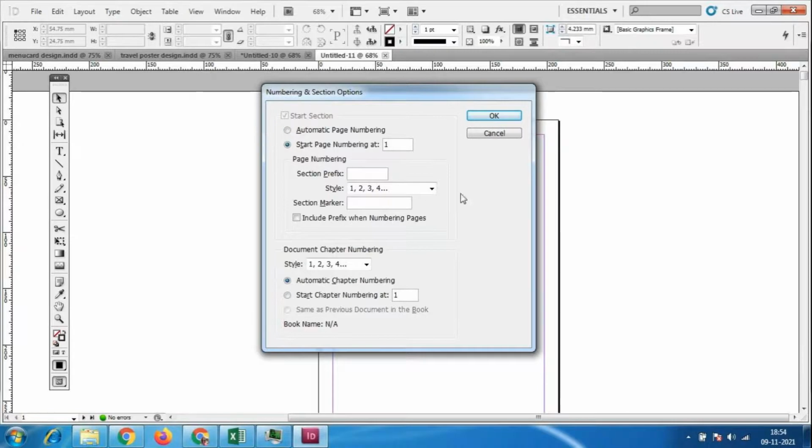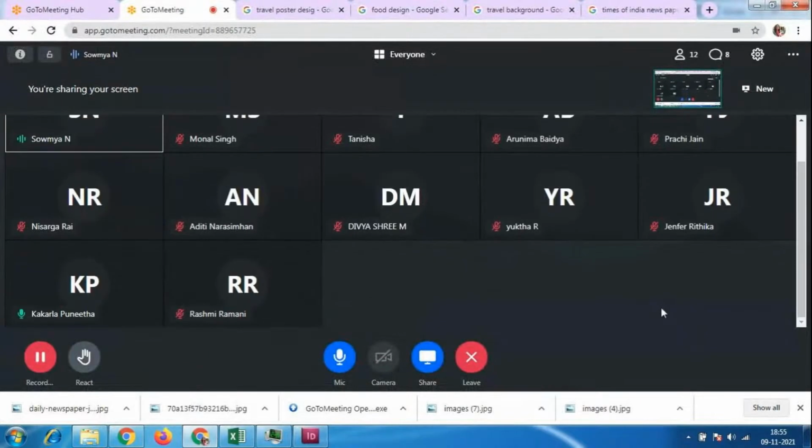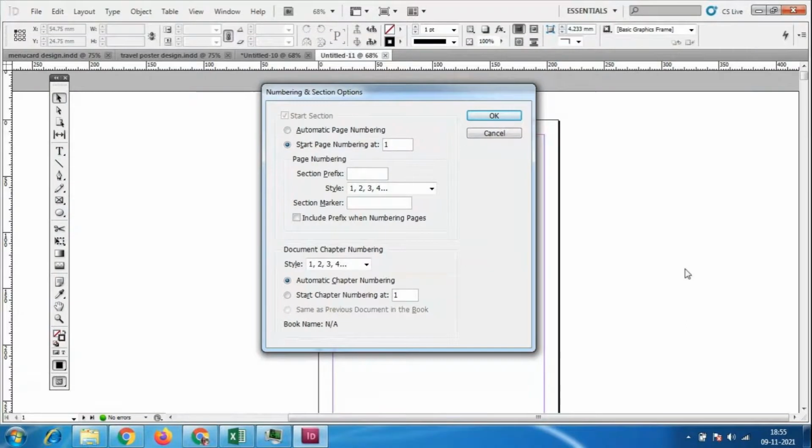We should start with 1 itself. Except master page. We have already 100 pages, and with that we have the master page also. Master page should not be selected always. The master page means the cover page of the book, and on the cover page we don't always have page numbers. So always except the cover page. Okay, so for the page number, I'll just give 1.